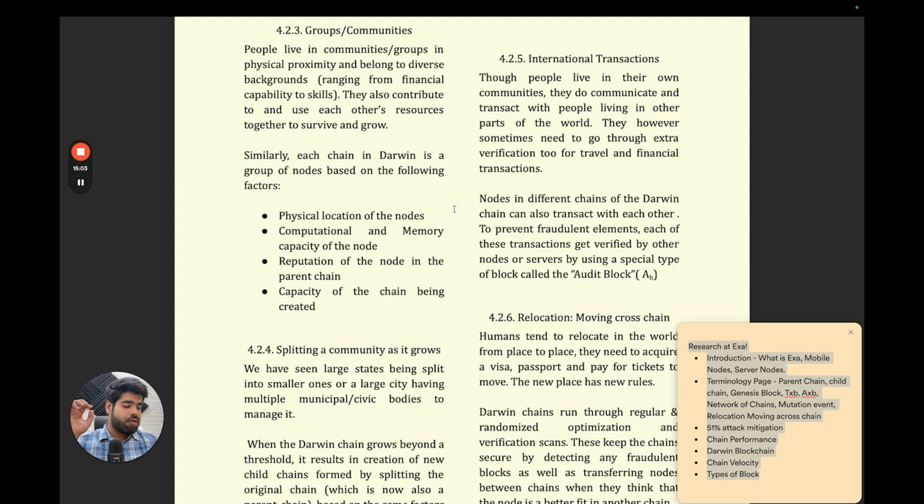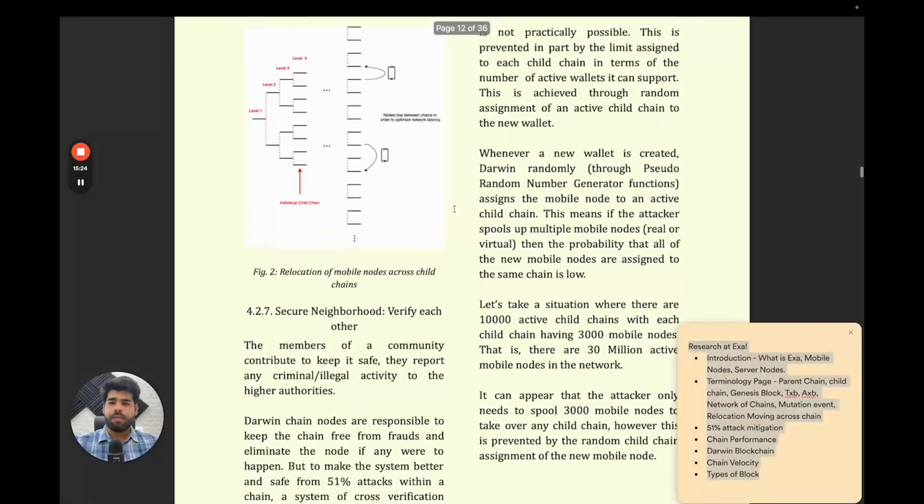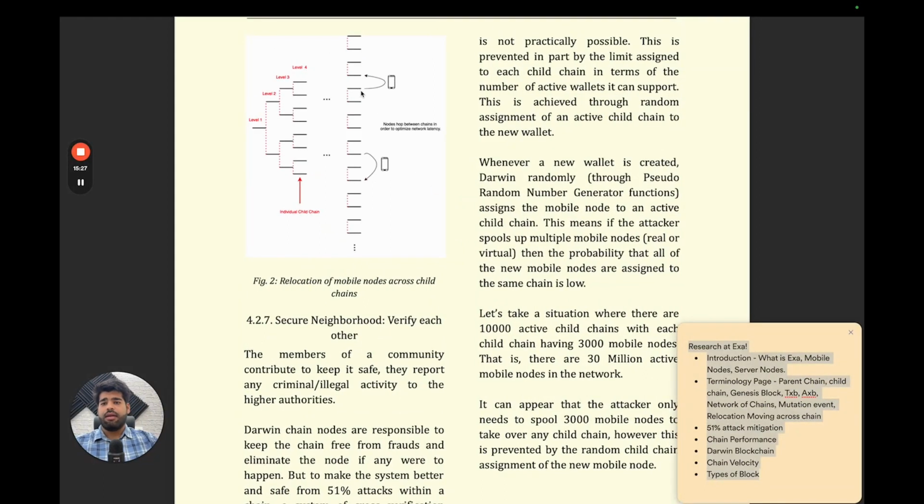So your client will see that the average latency between all the other nodes in your particular child chain has increased a lot, and it will again ping the other child chains in the network to figure out which is the best one for me now, and it will automatically migrate you to the next chain, to automatically optimize the network. So it can happen that you are currently in one child chain, and then your client decides that this chain is not suited for me given the conditions, and it can hop between the chains in order to optimize the network latency. So this is what the relocation of nodes is in this section.